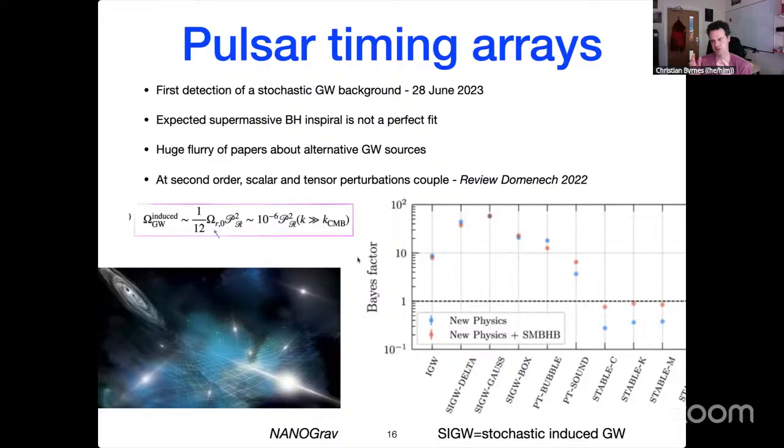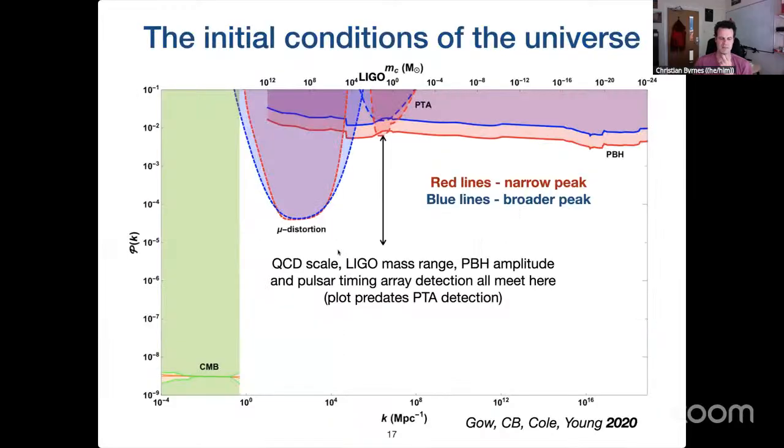So just as you have a single relation between scale and horizon mass, you also have a one-to-one relation between scale and frequency. So you can ask which horizon mass would correspond to the frequency which pulsar timing arrays are detecting gravitational waves, and by coincidence, it's again approximately solar mass. So let me now highlight this point in the plots where I've shown the pulsar timing array constraint. Again, it's a function of the assumption of the peak of the primordial power spectrum.